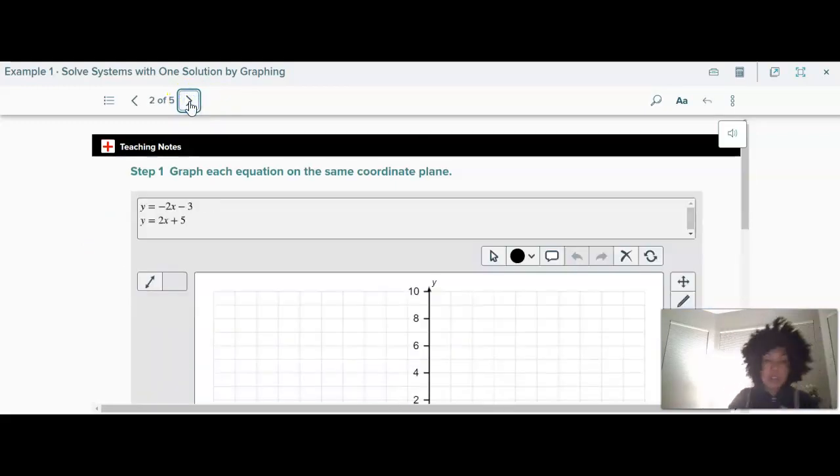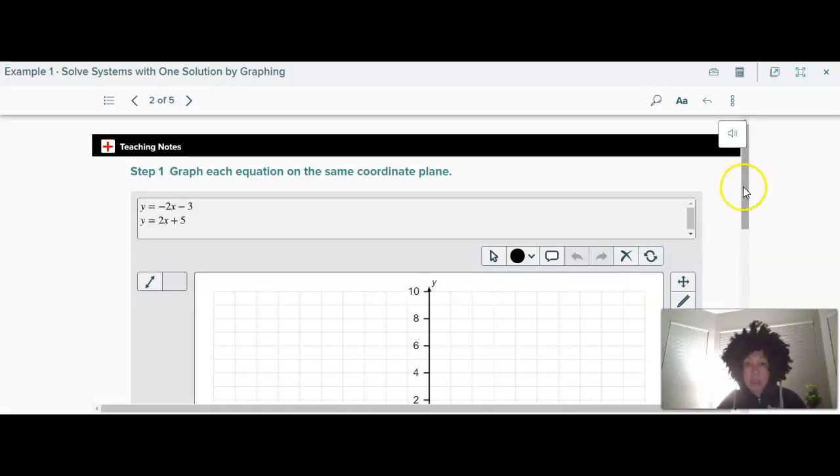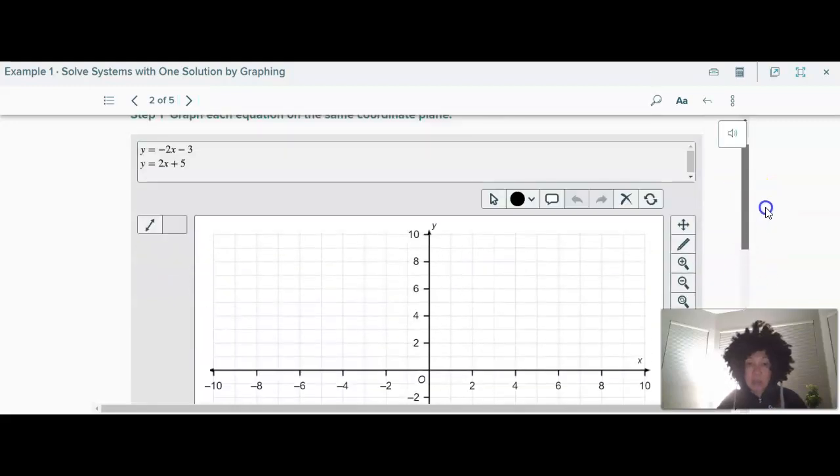So if I want to solve this system of equations, solving a system just means finding what point (x, y) will work in both of these equations. And again, the way we can solve it is by graphing those lines and seeing where they meet. So if we want to graph each equation on the same coordinate plane, then we can